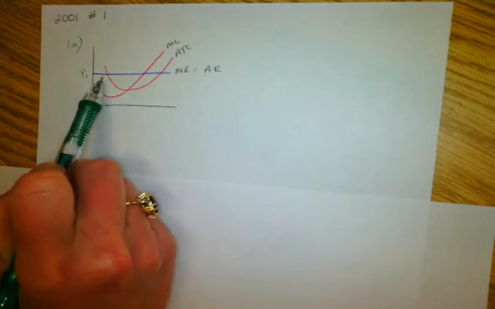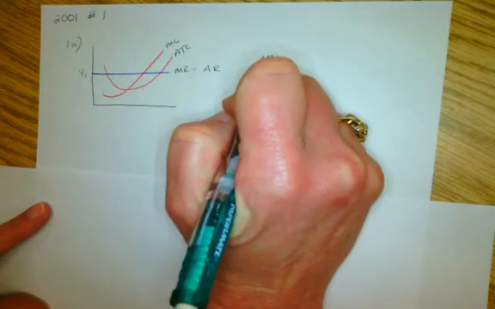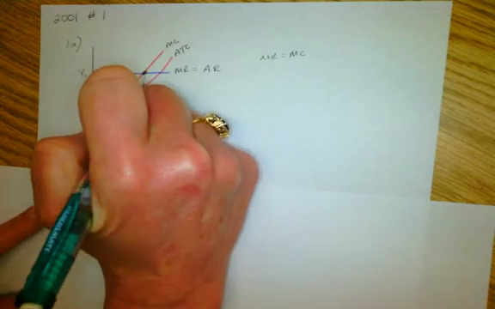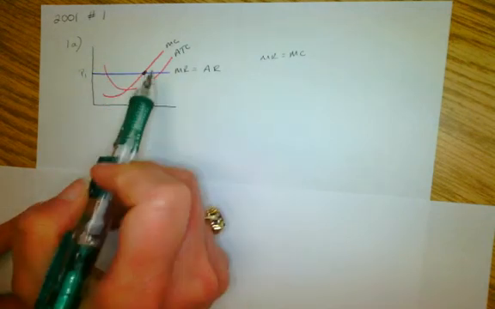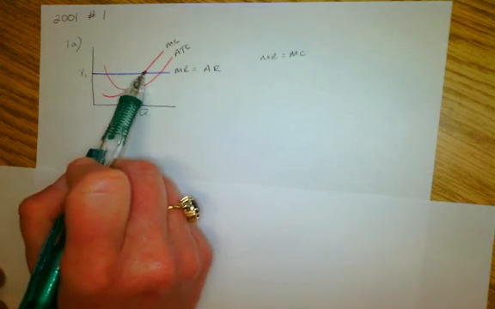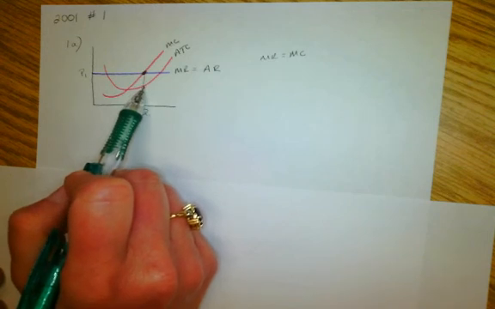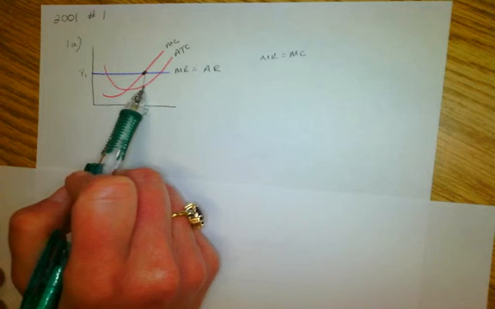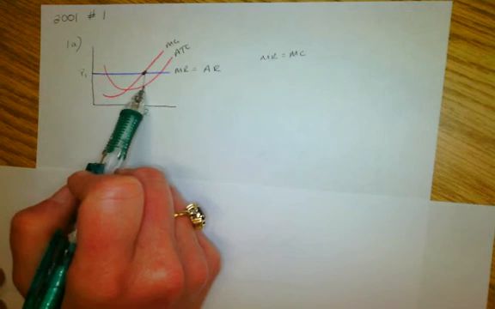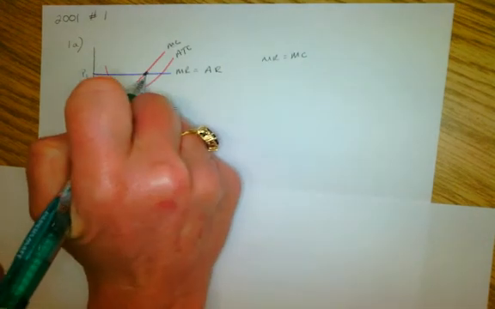So when the quantity that we're going to operate is always going to be where your marginal revenue equals your marginal cost. So that's this point right here. So we can label that as our quantity here. And so what we're seeing is that our revenue, our marginal revenue, is greater at that than our average total costs. And so that's how we draw that as having a profit, is when your price is greater than your average total cost. And so we can determine the amount of profit by drawing that down, and where that hits